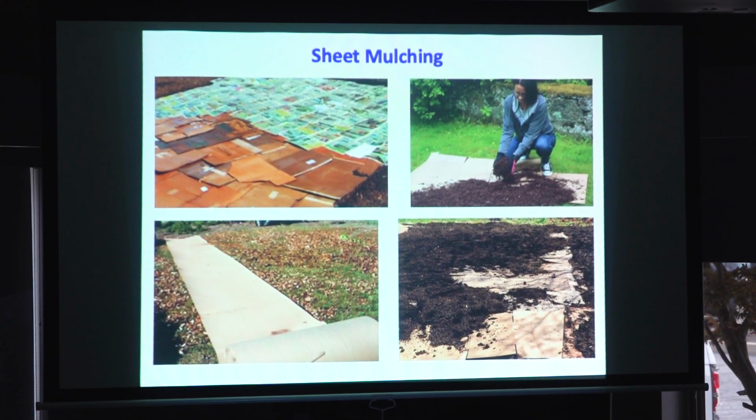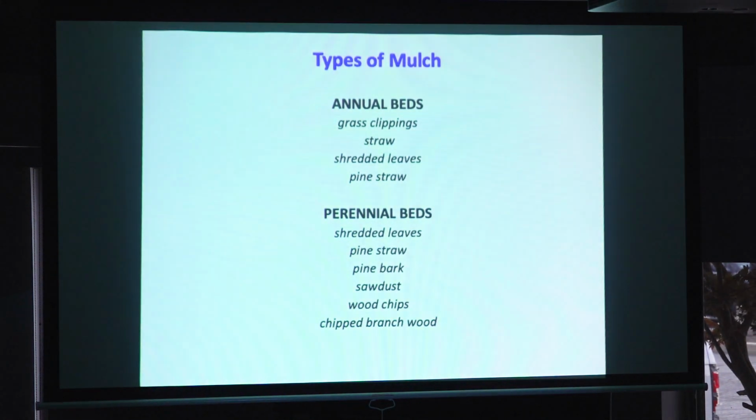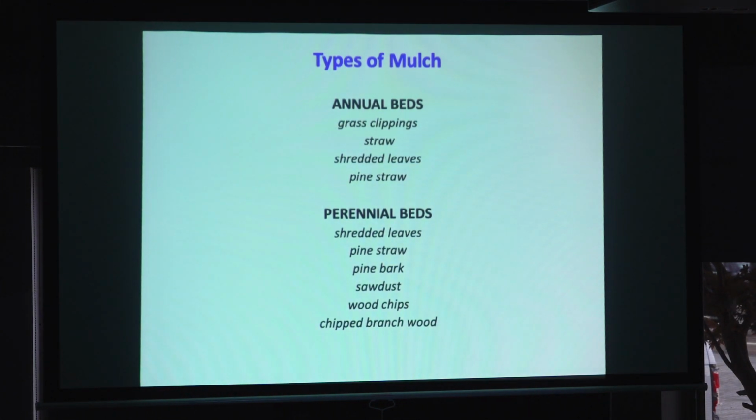If any seeds are dropped on the compost, they'll be happily germinating right there, any weed seeds. So look at the perennial bed options. Shredded leaves, pine straw, or the pine needles is what I'm talking about there. Shredded pine bark is great,